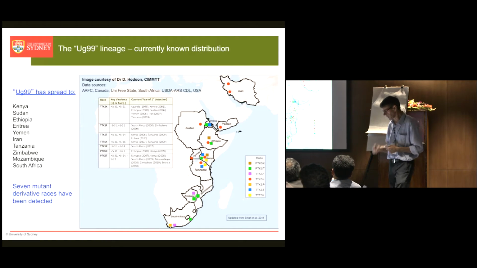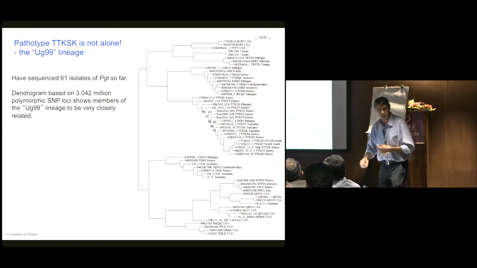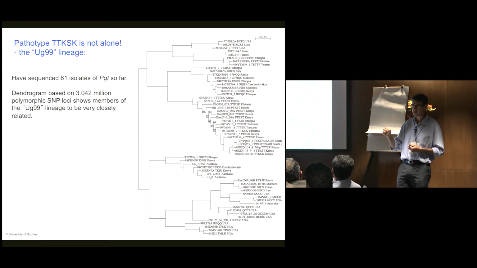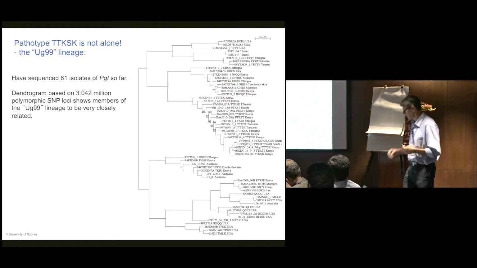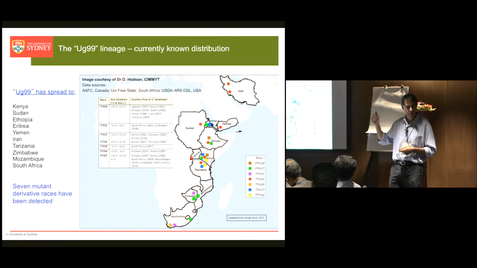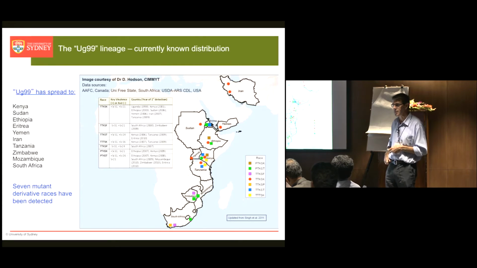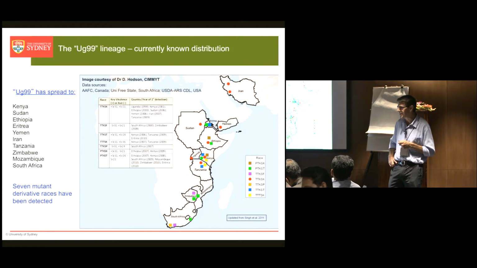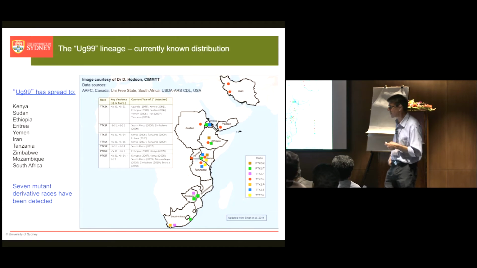But the important thing to realise is that ug99 is not the pathotype name, it's the name that was given to the original sample that was collected in Uganda that contained the pathotype TTKSK. All right, and the other significance of this is that there's more than one pathotype in the lineage. Sometimes I go and speak to farmers in Australia and they say, what are we going to do when ug99 gets here? And I say, which one? And they say, what do you mean? And I say, well, there's actually 7 of them.